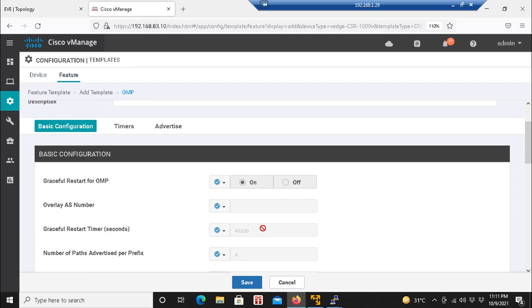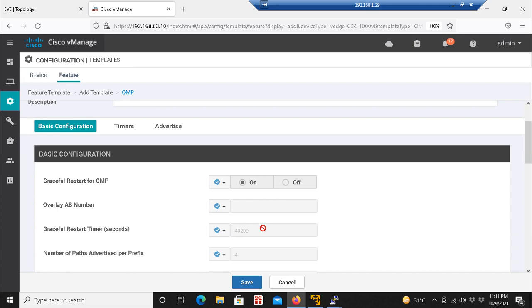So even if the control connection goes down and vSmart goes down, for 12 hours the data plane will remain up. But after 12 hours the WAN edges will flush the OMP updates and then the data connection will go down.